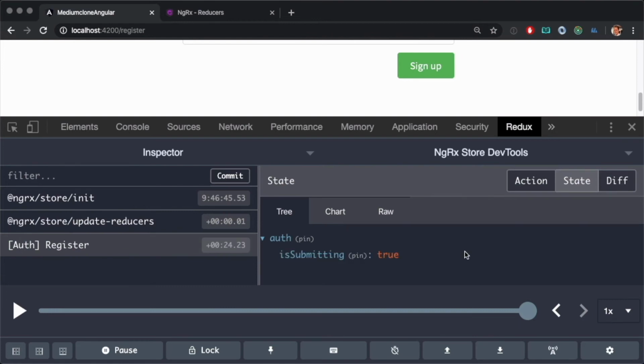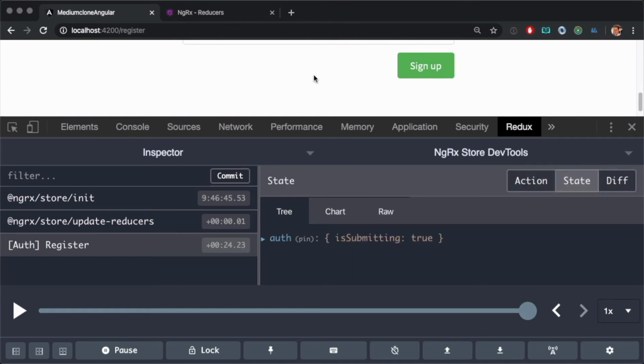And what is even better, you can click on diff and then you see the difference in state. Basically the whole state tree will be shown with differences. So in this case we see that the isSubmitting property was changed from false to true, which is really convenient